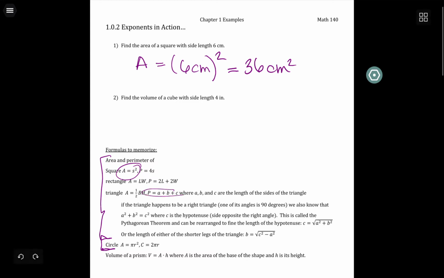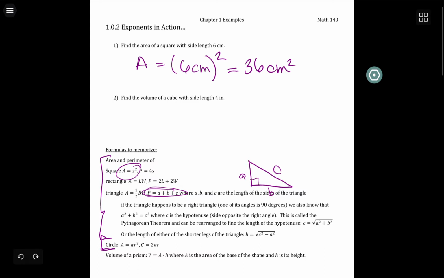Notice, for starters, this one looks weird to people. Basically, there is no special formula for the perimeter of a triangle. You just add up the 3 sides. So if we have a triangle that looks like this, we would just add A, B, and C to get the perimeter. The other thing is, I do expect you to know the Pythagorean theorem, which says if your triangle